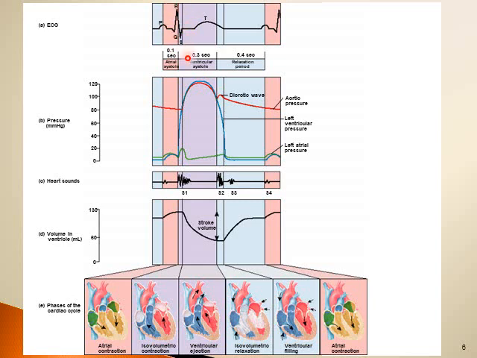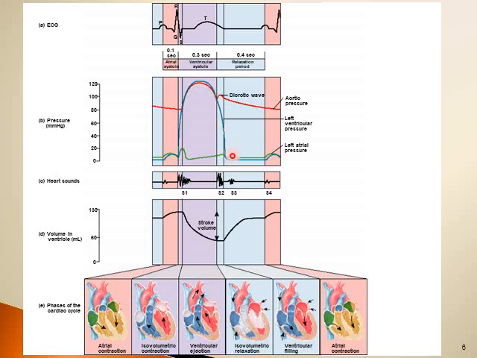Shortly after that, the ventricular contraction will start, and we can see that the pressure in the left ventricle will increase dramatically from 0 to 120, and then after the start of the T wave, the relaxation of the ventricles will start, and this leads to a drop in the